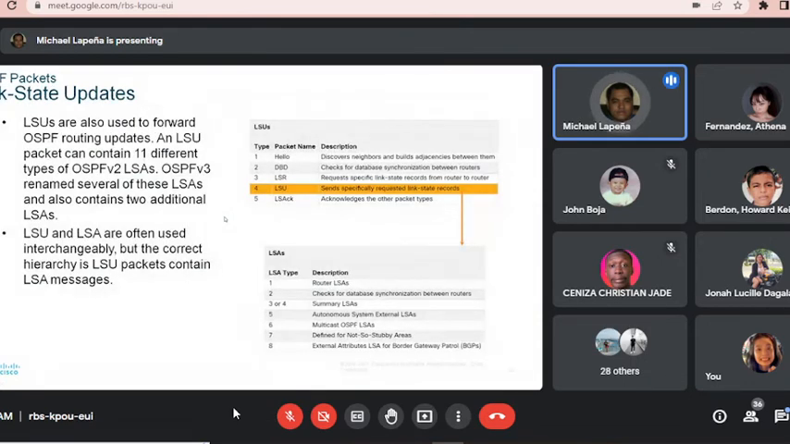So LSUs are used to forward the OSPF routing updates. An LSU packet can contain 11 different types of LSAs in OSPF version 2. OSPF version 3 renamed several of these LSAs and also contains 2 additional LSAs. LSU and LSA are often used interchangeably, but the correct hierarchy is that an LSU contains